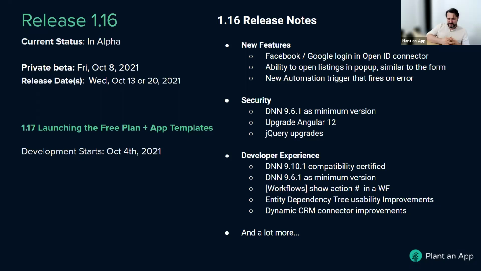And this will also be part of the free plan, because people will come, will self-onboard, and then part of their experience is not to start from scratch, because starting from scratch is a learning curve, which Low-Code Academy will cover better than I could right now. So as I was mentioning, development already started. We are expecting to see a release in at least a private beta in early November, and I will keep you updated on this front as well.